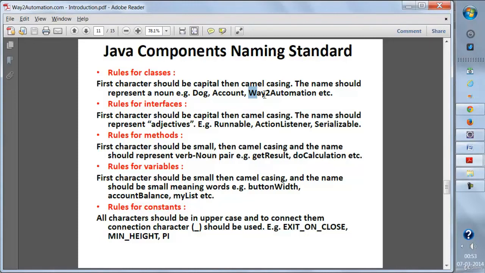But this is a standard practice that is being followed by everyone, by a professional who is actually writing Java code. This is what is followed by almost everyone, right? Similarly, if we talk about interfaces, interfaces should also be capital, then camel casing, and the name should represent